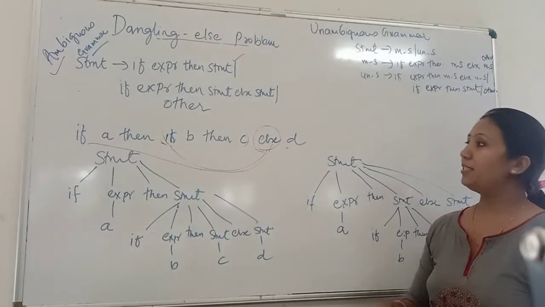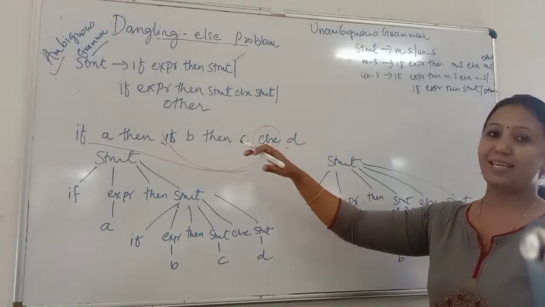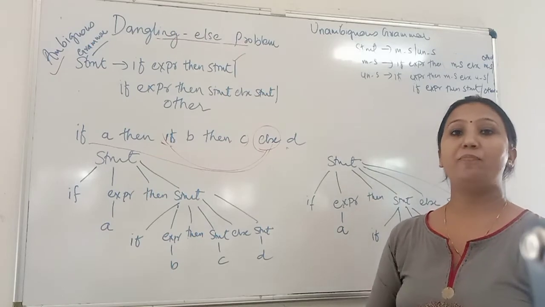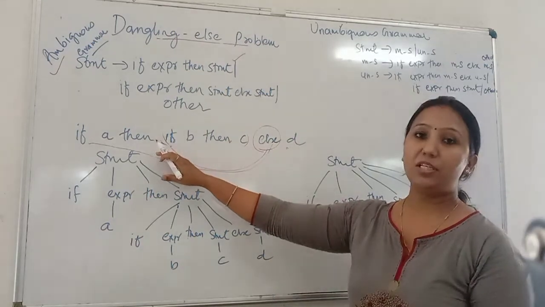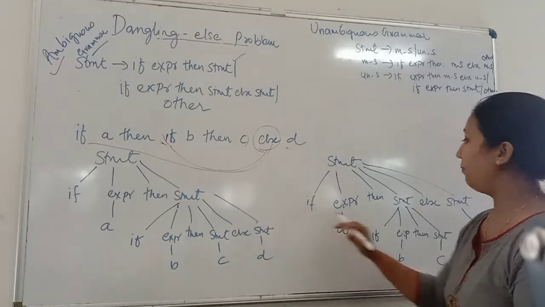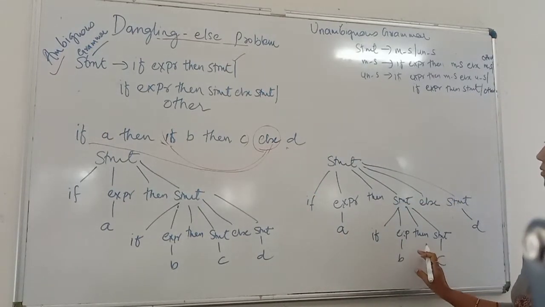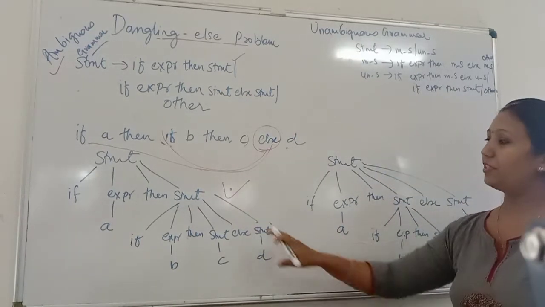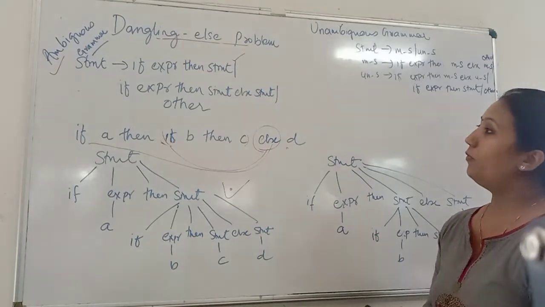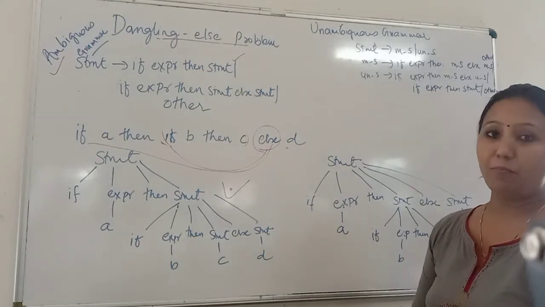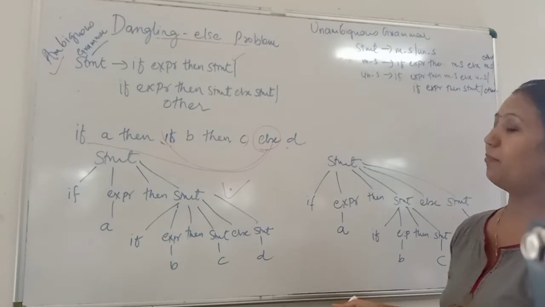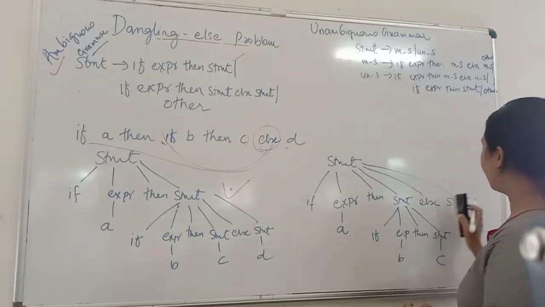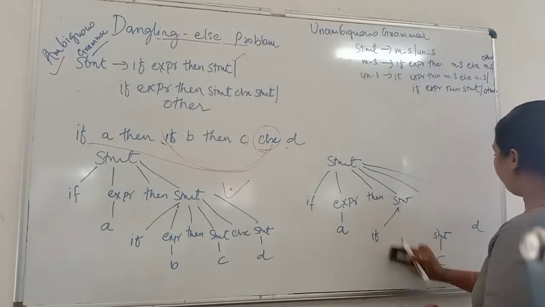So it is an ambiguous grammar and this problem is called the dangling else problem. The problem is with which if the else can be attached. In programming languages, the else is attached to the nearest if. If we look at both trees, the first tree is the preferred one, the correct one. Now we are interested in resolving this ambiguity: how can we rewrite the grammar so that we get only the preferred tree? Let's see the solution to this dangling else problem.